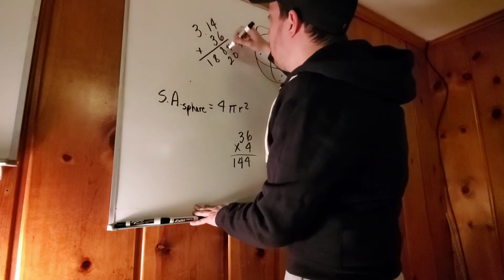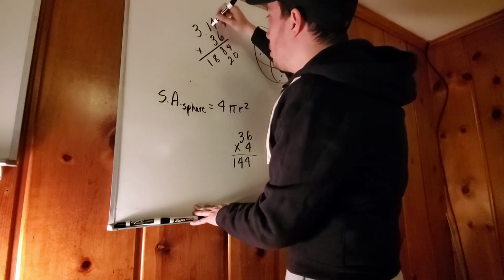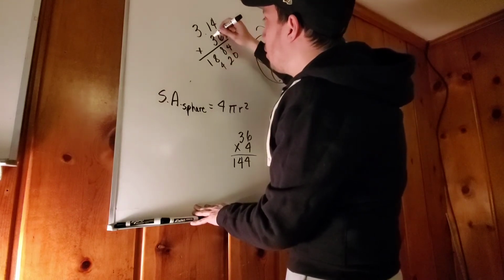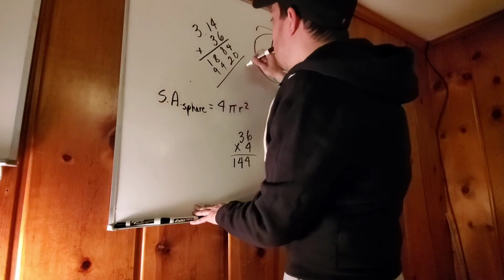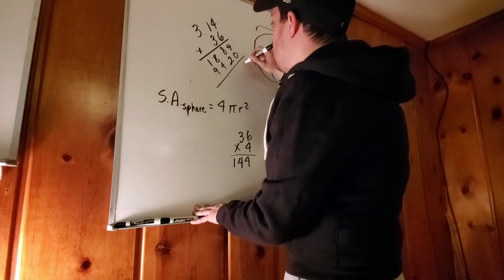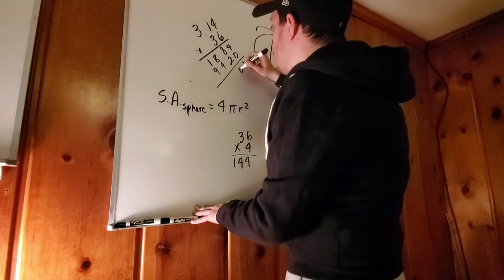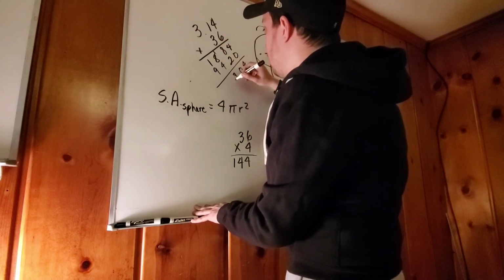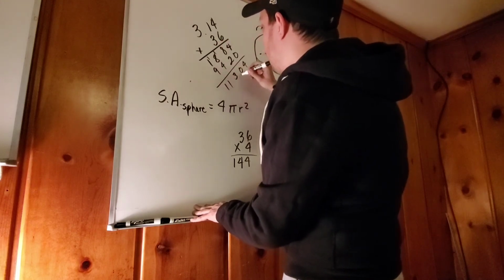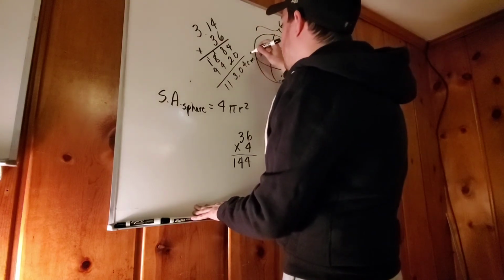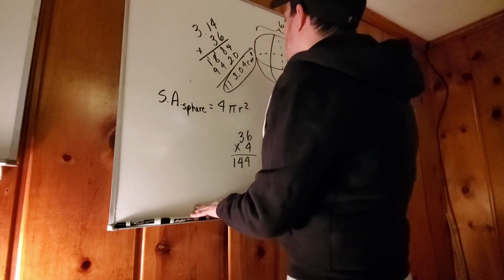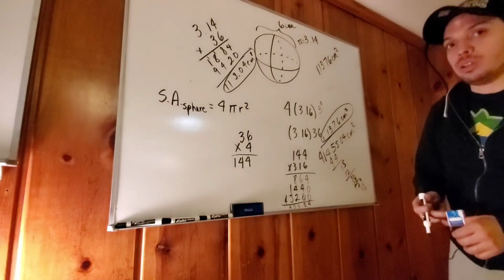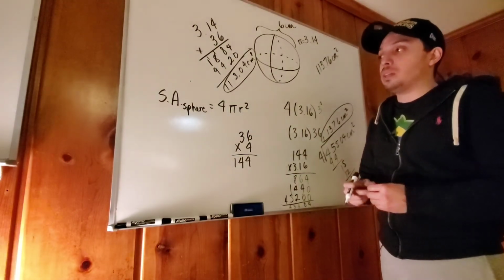3 times 4 is 12, and a 1 goes up. 3 times 1 is 3, plus 1 is 4. And 3 times 3 is 9. Let's see. 4 plus 0 is 4. Plus 1 is 1 over here. 9 plus 4 is 3. And a 1 goes up. Yep. 113.4 centimeters squared. So please make sure that you understand what the difference between the things are,